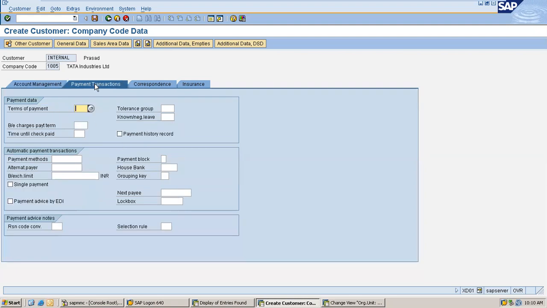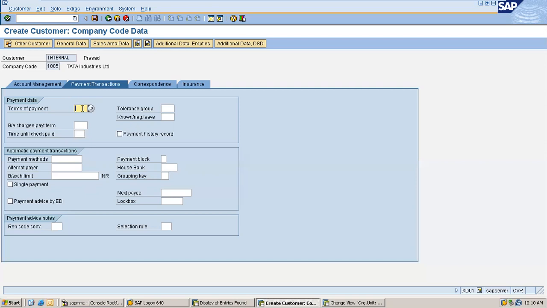I'll go to the next step, payment transactions. So payment terms. Payment terms means, in an organized business, you will be giving goods on credit. Let's say you create a sales order for Tata, then he'll be giving me payment terms, time to pay. Let's say he'll give me 45 days of time to settle the billing amount of this one sales order. Let's say I purchase something from Tata, they give me 45 days time because I'm a regular customer to them.